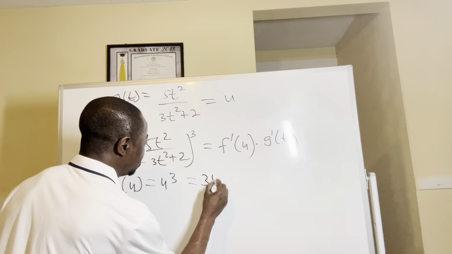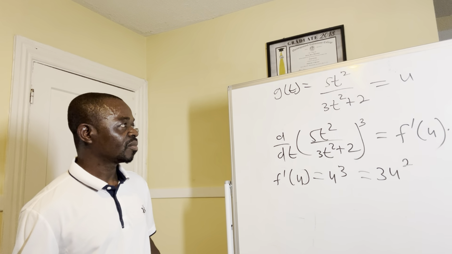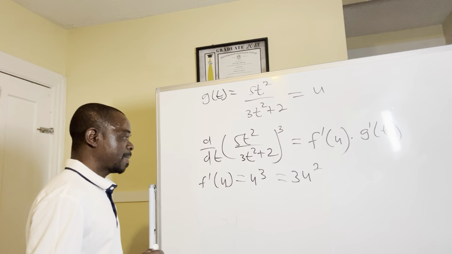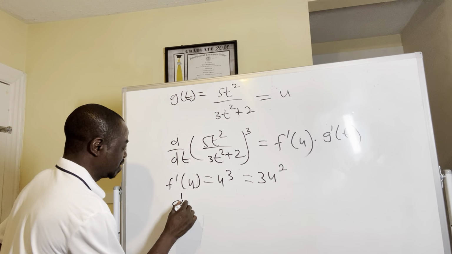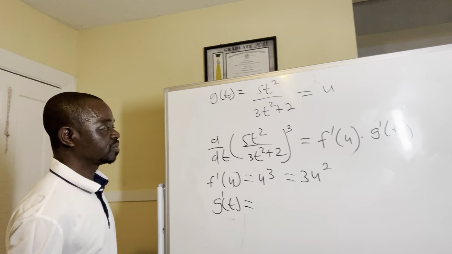Then that gives 3u to the power 2. Now our g of t, that's g prime of t, is equal to,